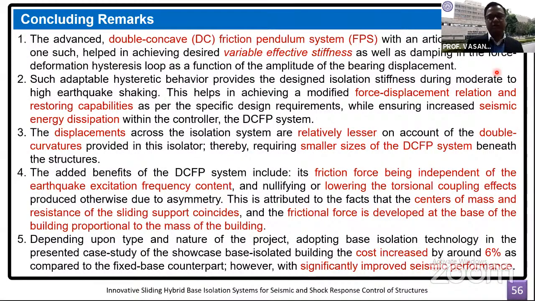while ensuring the seismic energy dissipation. Here we were required to have smaller sizes in plan for the isolation system because of the double curvature as compared to the single curvature, and even for the friction pendulum system, the sizes of the isolation system in plan were significantly less than the conventional elastomeric isolation system. In addition, the double curvature friction pendulum system gave us the advantage of not only the reduction in the superstructure forces, but also lowering down the torsional coupling effect, which is otherwise prominent in the asymmetrical structure. Because in this case, the center of mass and center of resistance were coinciding at the isolation level.